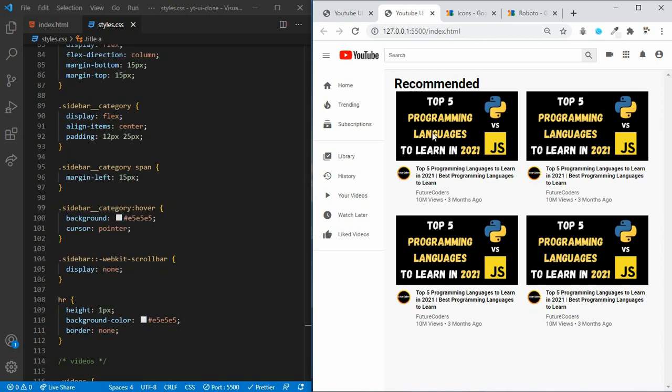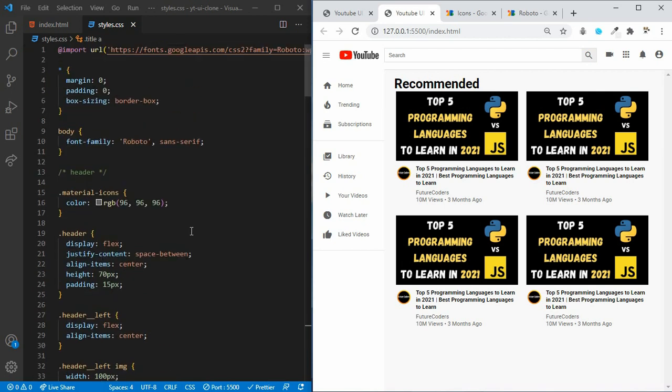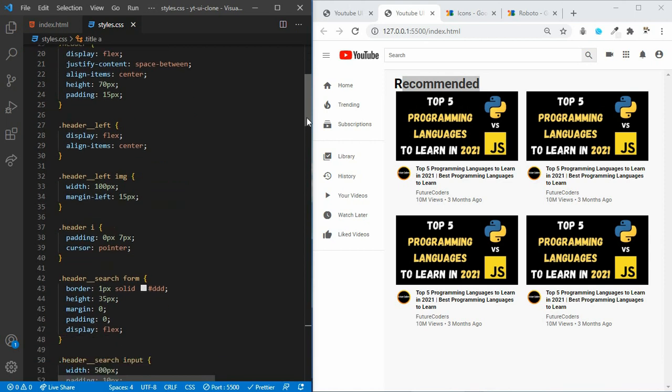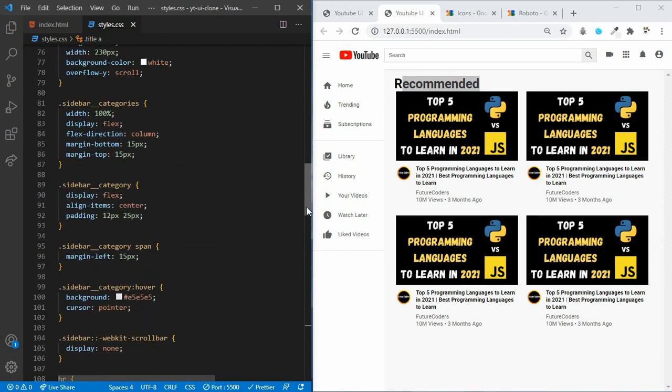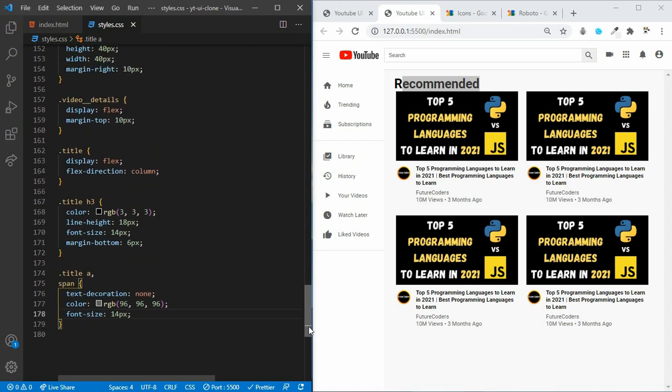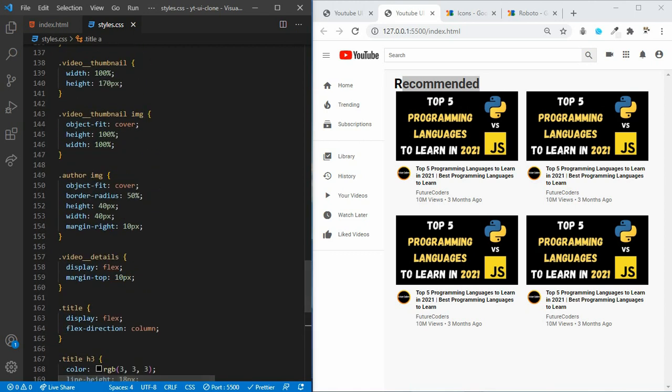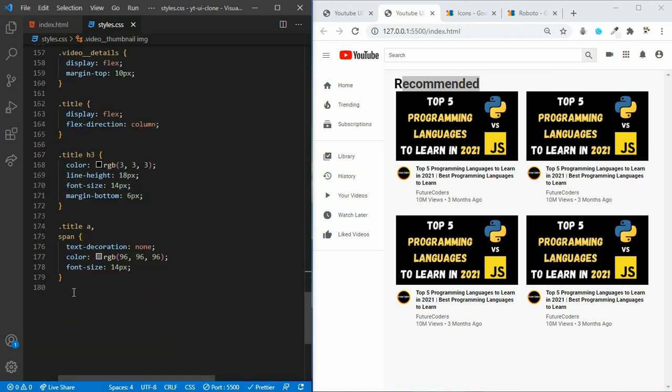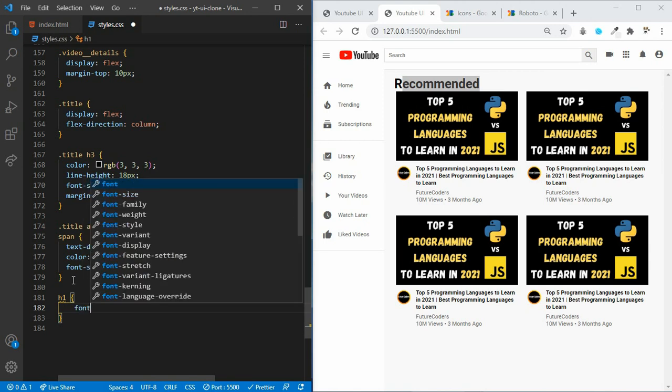Now we also need to target this recommended, which is not looking nice. That is the h1 tag, right? Let's target that h1 tag. Let's set the font size to 20 pixels.